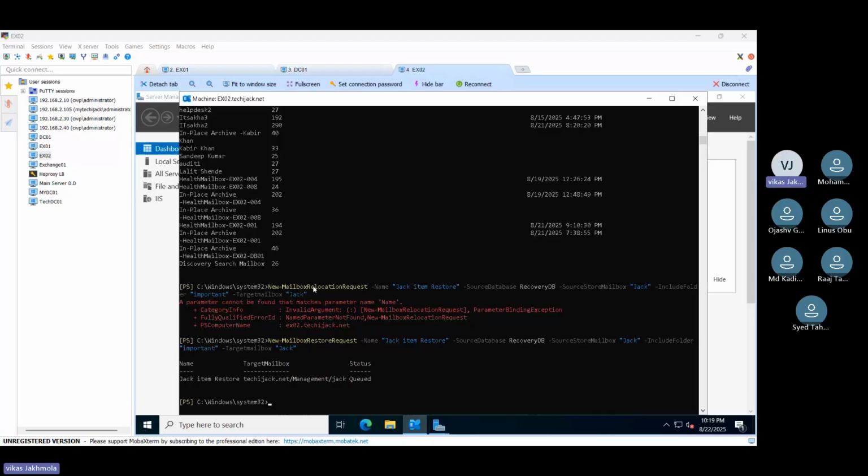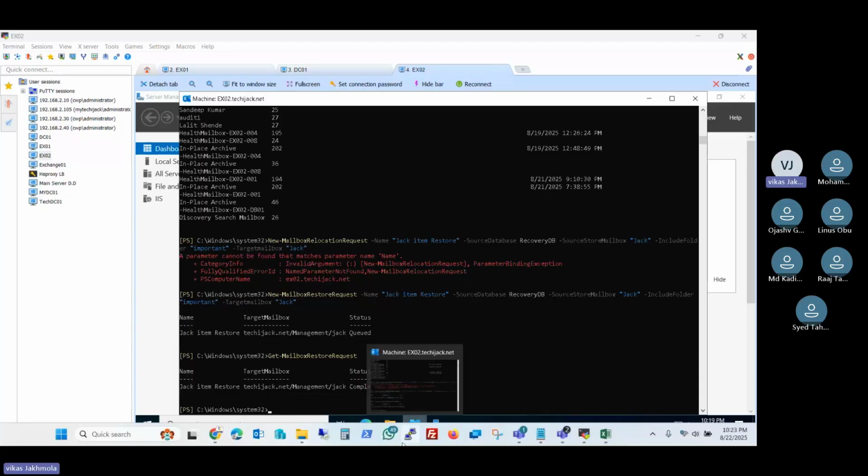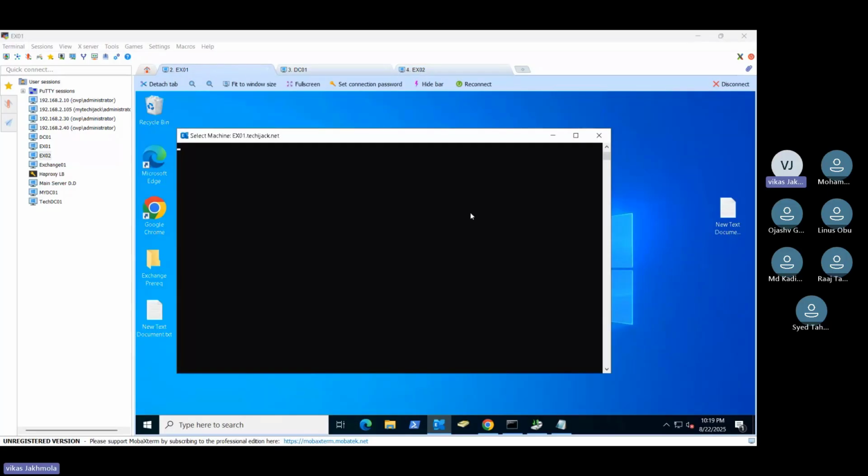Earlier it ran the mailbox relocation request. So this was the thing we have to run there. And if I see here, I have Get-MailboxRestoreRequest. So it's completed. So it means that if we go to the user Jack,